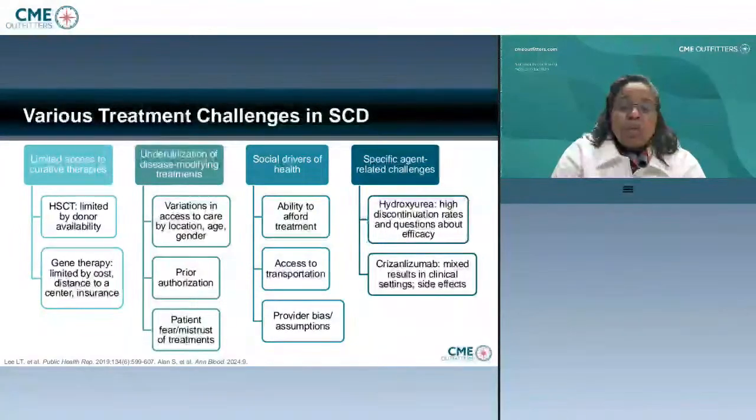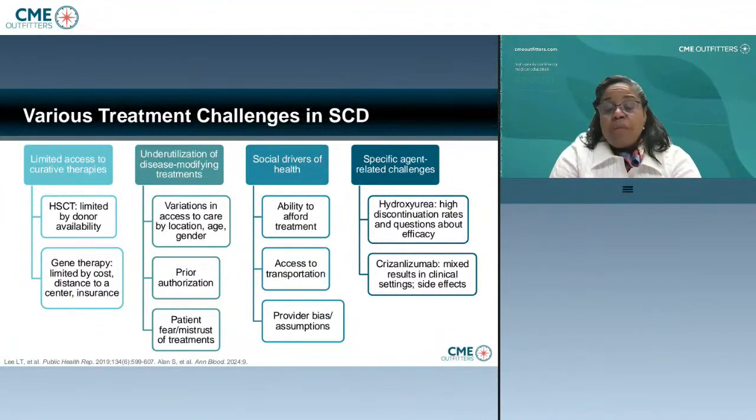drugs, to the utilization of the drug, the social drivers of health, as simple as having transportation to come every 2 weeks or every 4 weeks to have the labs necessary to monitor response to hydroxyurea, to a specific related agent. So this graphic here just highlights some of the challenges that we have when we discuss with the patient